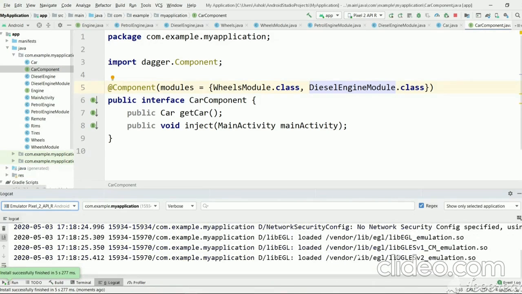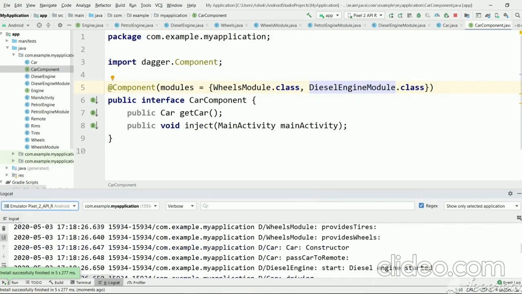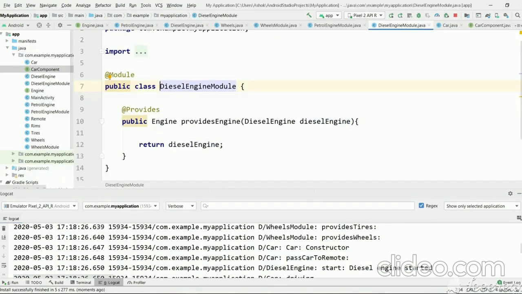Here you can see diesel engine started. Now the diesel engine object is created because we have provided the diesel engine module, and inside this we have created a diesel engine. Dagger knows how to create a diesel engine and pass it to this method, and we are returning the same because it has an inject annotation constructor.